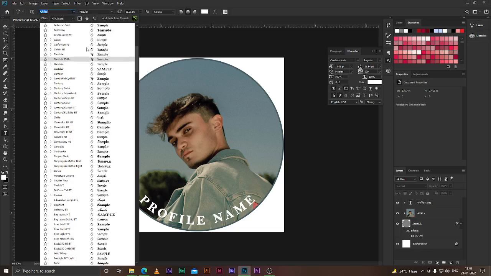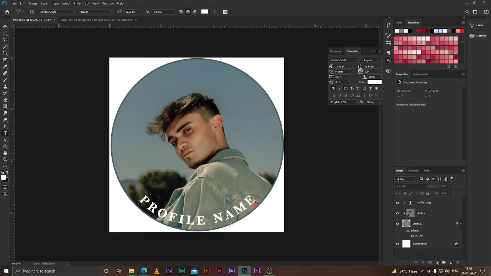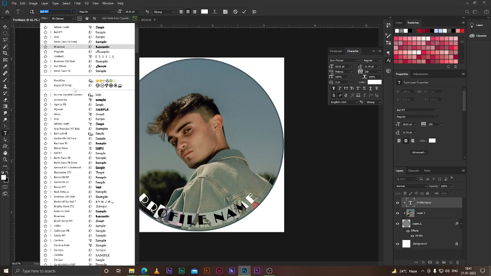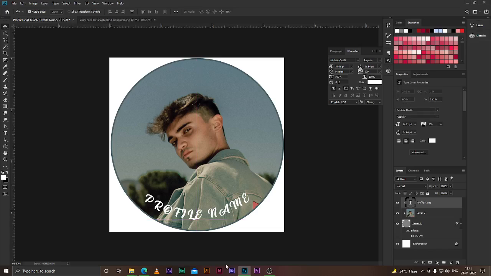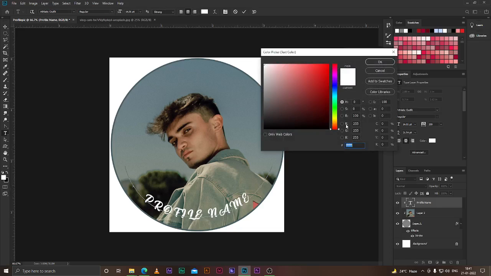So if you go over here, you will see athletic outfit is over here. So we'll just have to select our text and then click over here and go for athletic outfit, and it will turn into that particular text. Now the size of the text is quite big, so I'll be removing that, and I could move it around. It's still a text, so I could do all the changes which I find.